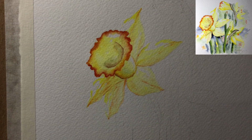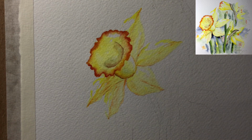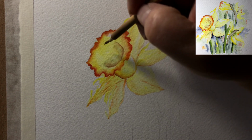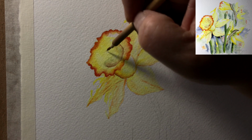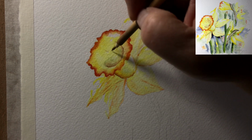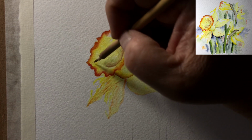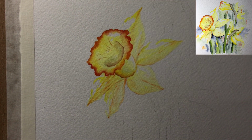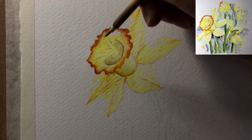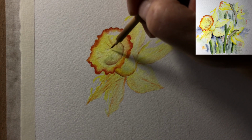Okay, now let's, what do we use? We use some color that is similar. Let's just use the burnt orange color, burnt sienna color, okay? And so what we're going to do is put veins, okay? Like, let's do the center one, okay? And then there's a couple that are going this way, and a couple that are going that way, okay? Not a lot, because what this does is help your eye adjust and see the color, okay? The shape and the form,